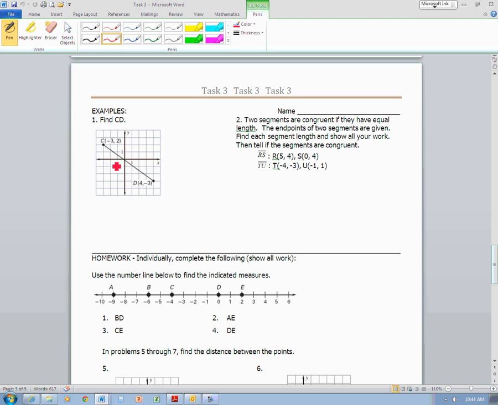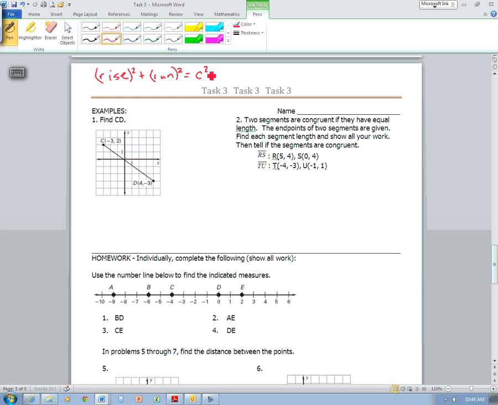Okay, so for example number 1, we need to use the distance formula to find the distance from C to D. On a graph, I would suggest using the method that we talked about in class, where we have the rise squared plus the run squared, and we're using the Pythagorean theorem. So it would be the rise squared plus the run squared